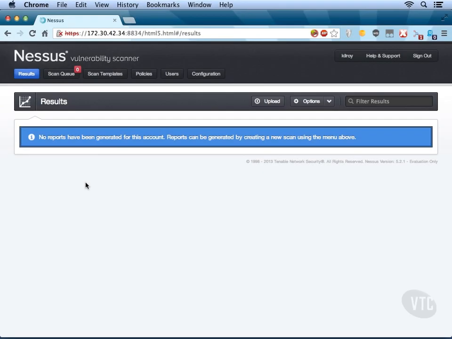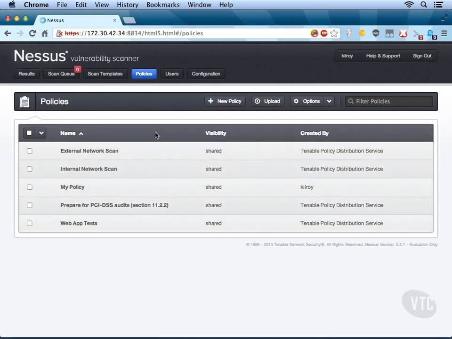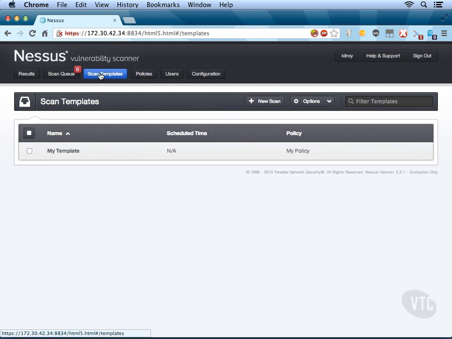Once we've got some scan profiles set up here and some policies, what we may actually want to do is kick those policies off on a regular basis and actually scan some specific hosts with the different policies that we've got. Nessus actually provides the ability to do that quickly, even though you can't actually schedule runs necessarily. What I could do here is create a template, and let me show you the creation of a